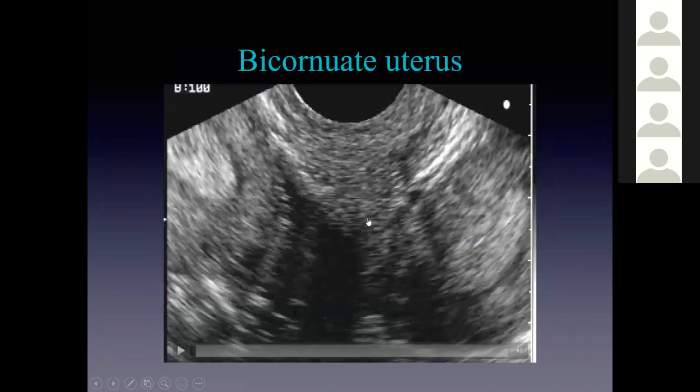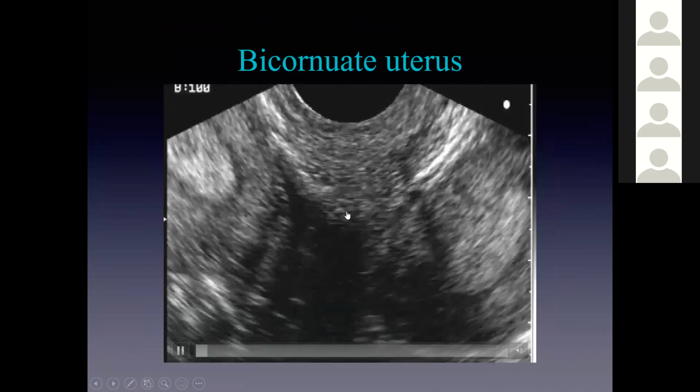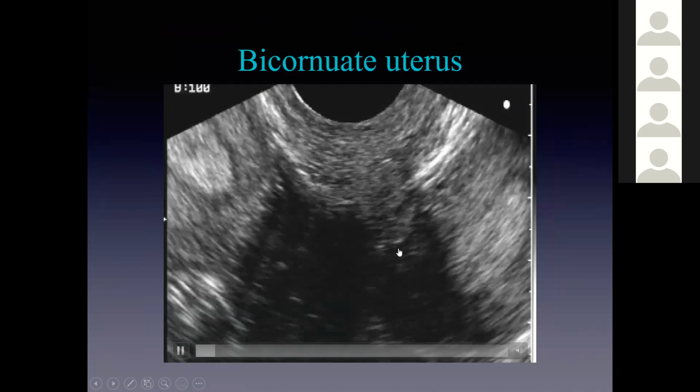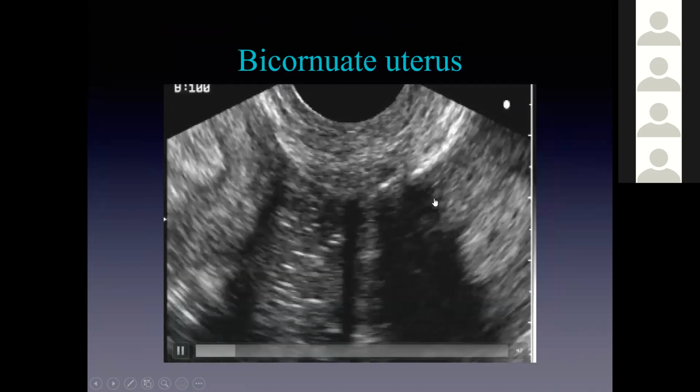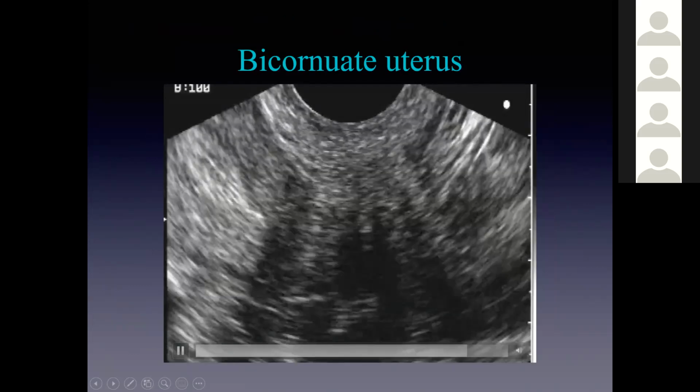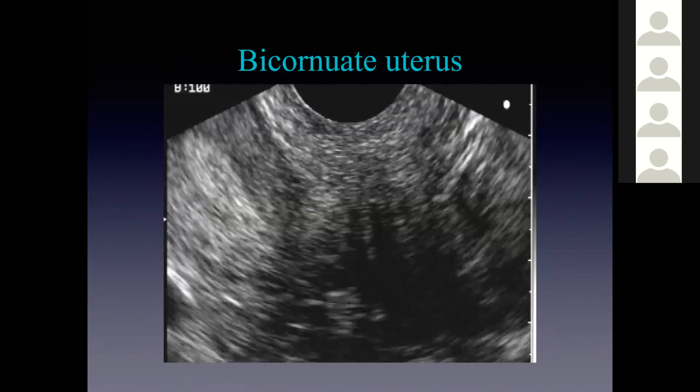But as we said before, the main issue to help tell you what sort of Mullerian abnormality you're facing is: do we have one fundus of the uterus, and has it fused or not? Which means, have both Mullerian ducts fused? And if you can see here, that's a uterus with an endometrium, another uterus with an endometrium, and there is a lot of separating tissue between them, which means the two fundi did not join each other at all. So this is the case of a bicornuate uterus. Bicornuate means